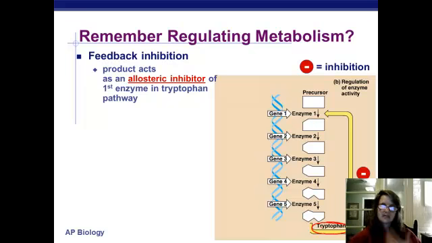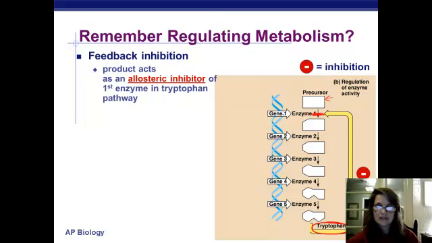And if your cells are making tryptophan, but your cells determine you've got enough of it, tryptophan can feed back into an allosteric enzyme here, cause the enzyme to change its shape so it no longer receives the substrate here, and then the whole pathway shuts down, okay? And so we stop making tryptophan if we don't need it.